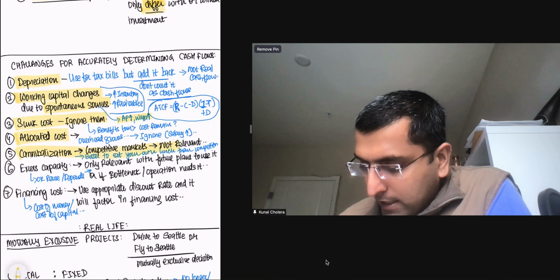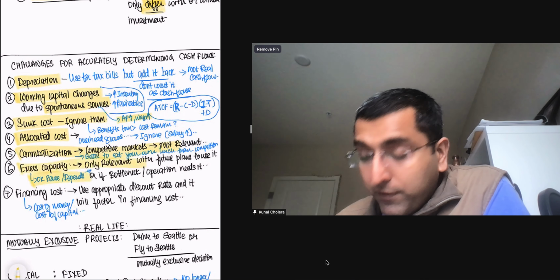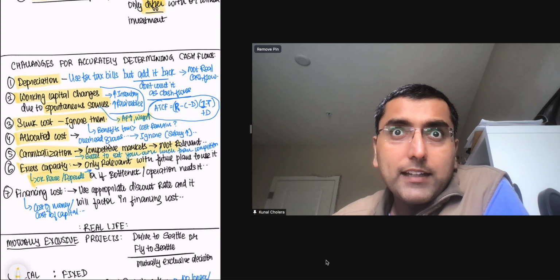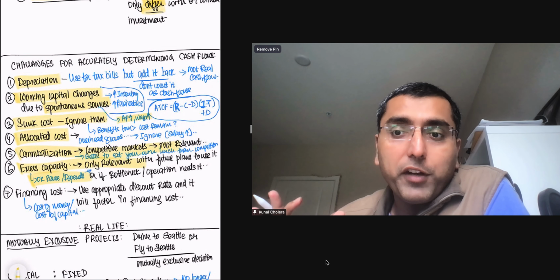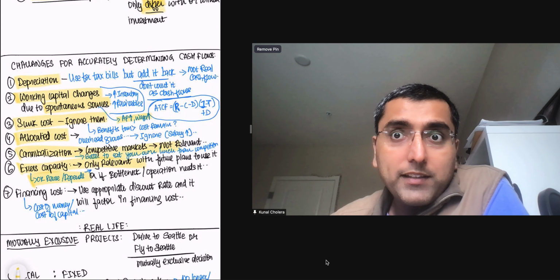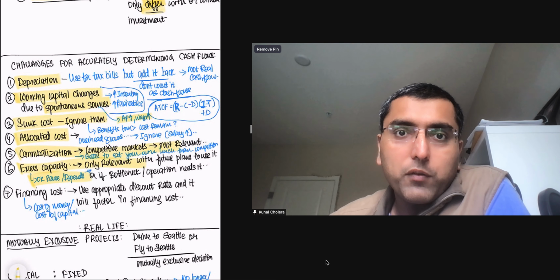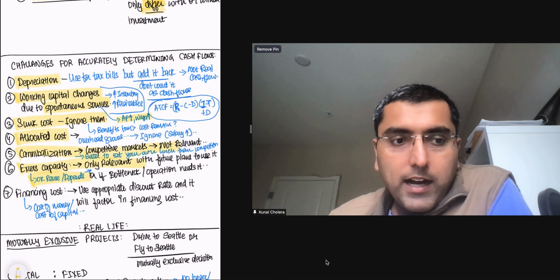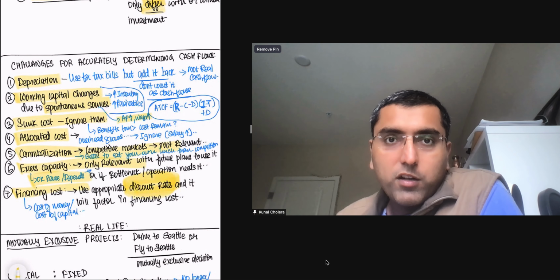Excess capacity. If there is no future incorporated need or anticipation of using that excess capacity, then you can use it for free. But if you're using excess capacity from a team that's already factored in and has a future need for it, then you have to count it as part of your cash flow, right? Cash outflow if you're going to use their capacity. Financial cost, ignore for the most part, because your discount rate will take care of it, right? It's the cost of money or cost of capital.